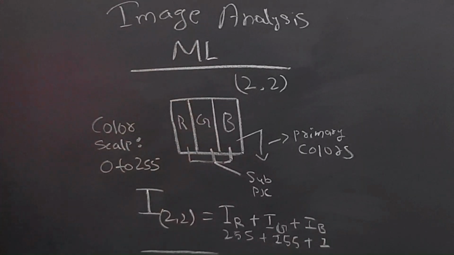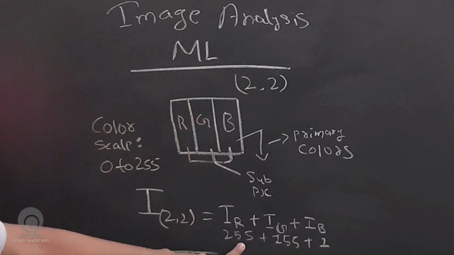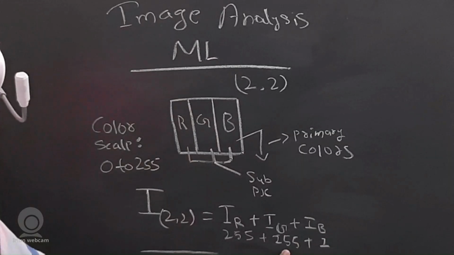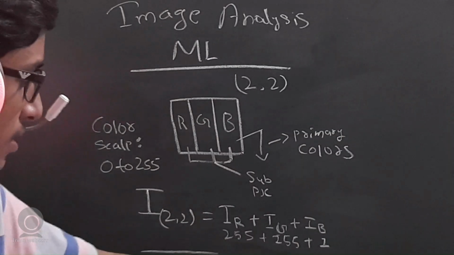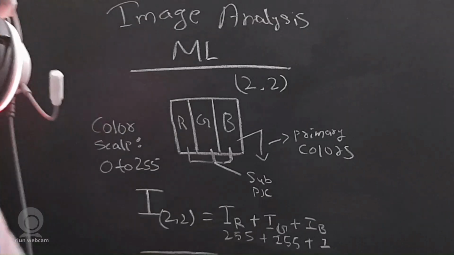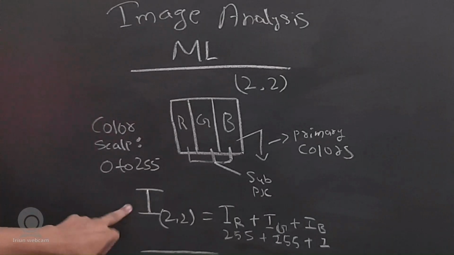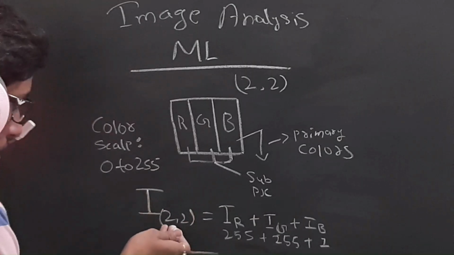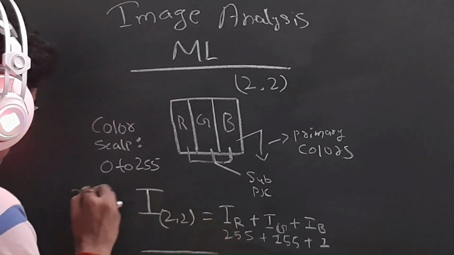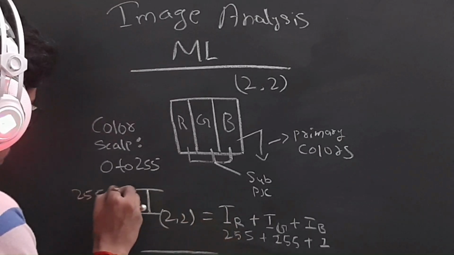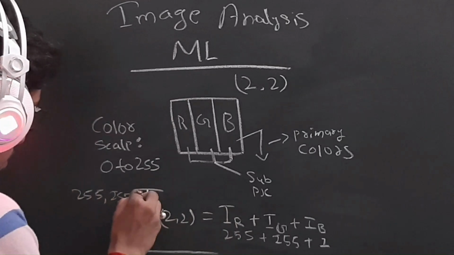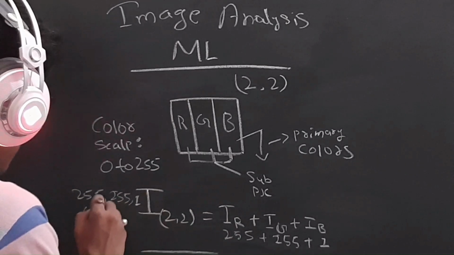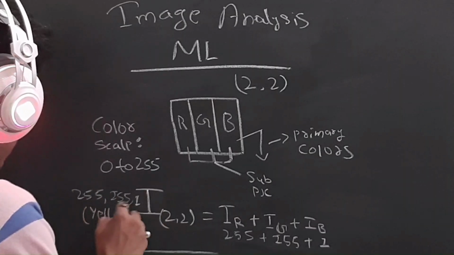So now as you can see, the red subpixel color intensity is 255, the green subpixel intensity is 255, the blue subpixel intensity is 1. So the final pixel intensity of (2,2) is 255, 255, 1. And for optical information, it is yellow in color,